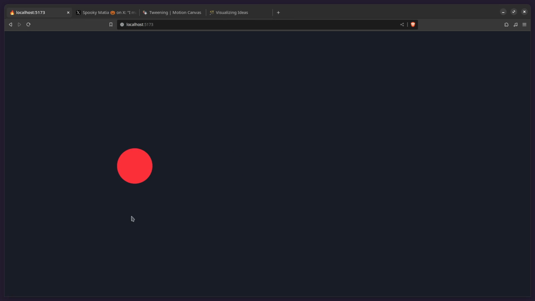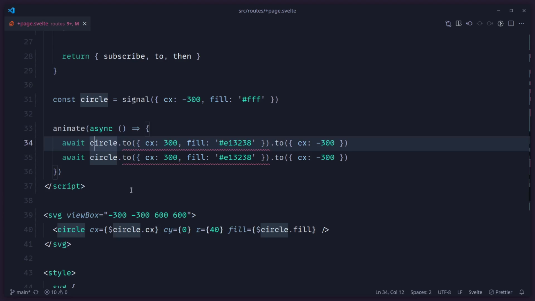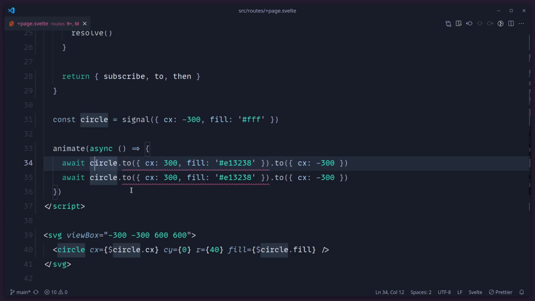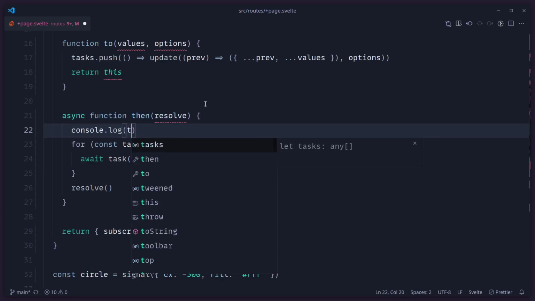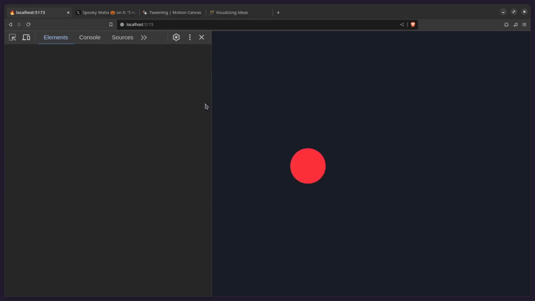And why is that? Well, basically, we need to flush our queue of tasks, right? And you might do something like this. You might go here, you're confused about what's going on, right? And then like console log, maybe I can log tasks. And then you open your developer tools.